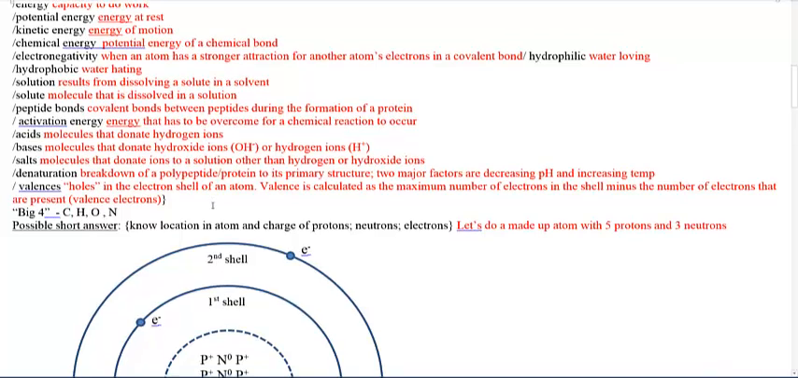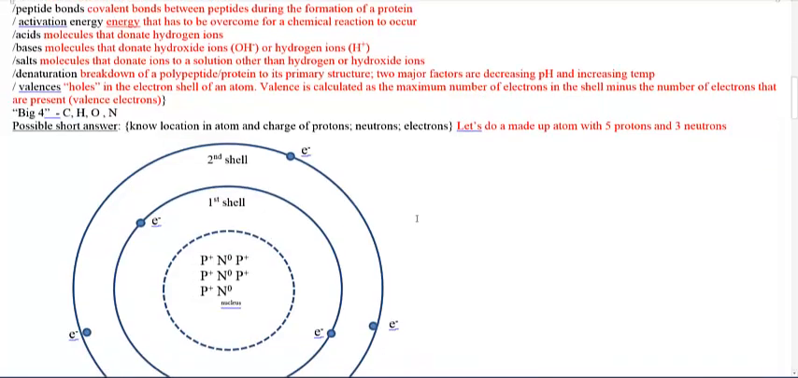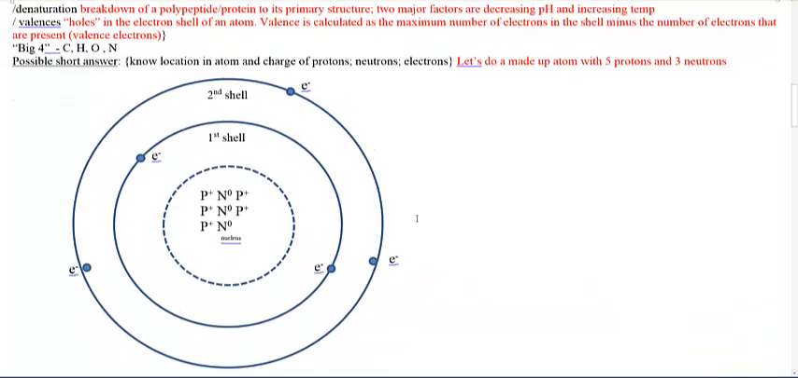Now, once we get to the big four, we're talking carbon, hydrogen, oxygen, and nitrogen. You should know that those make up 96% of what is you. Your first possible short answer here is to know the atom, to know its basic construct, and I give you